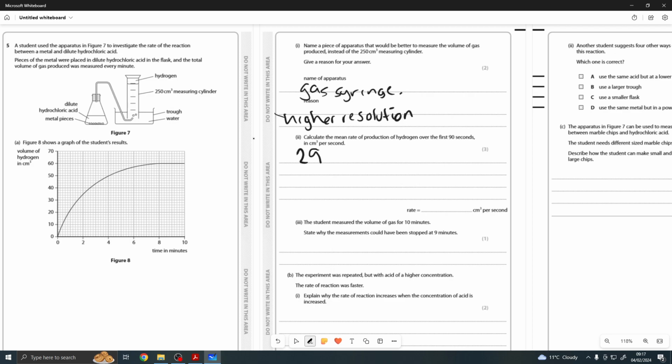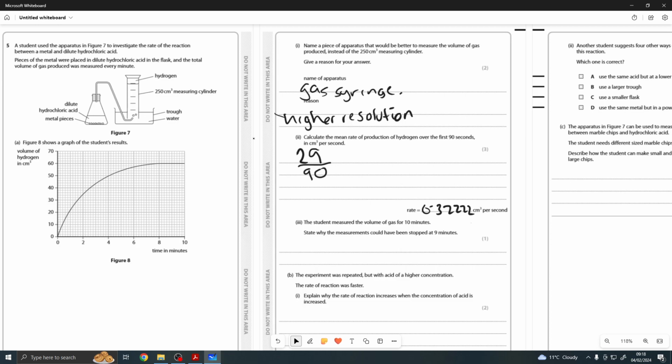Now, you very simply divide that by 90, and that will tell you in centimeters cubed per second, okay? Which is actually 0.32222, okay? Again, error carried forward allowed. If you put 28 divided by 90 and wrote what your calculator said, you would have got all the marks,